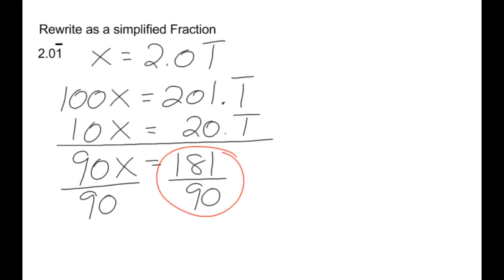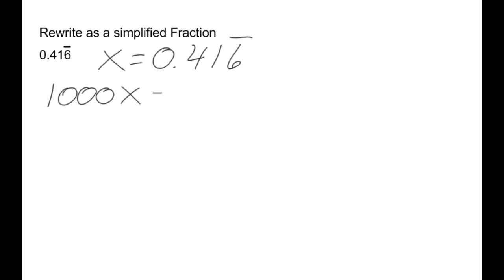All right, let's take a look at another one. All right, now notice this one has 3 decimal places. Because it has 3 decimal places, I need to multiply by 1,000. But before I do that, silly me, I need to let x equal 0.416 with a bar over the 6. Now I do the 1,000x is equal to